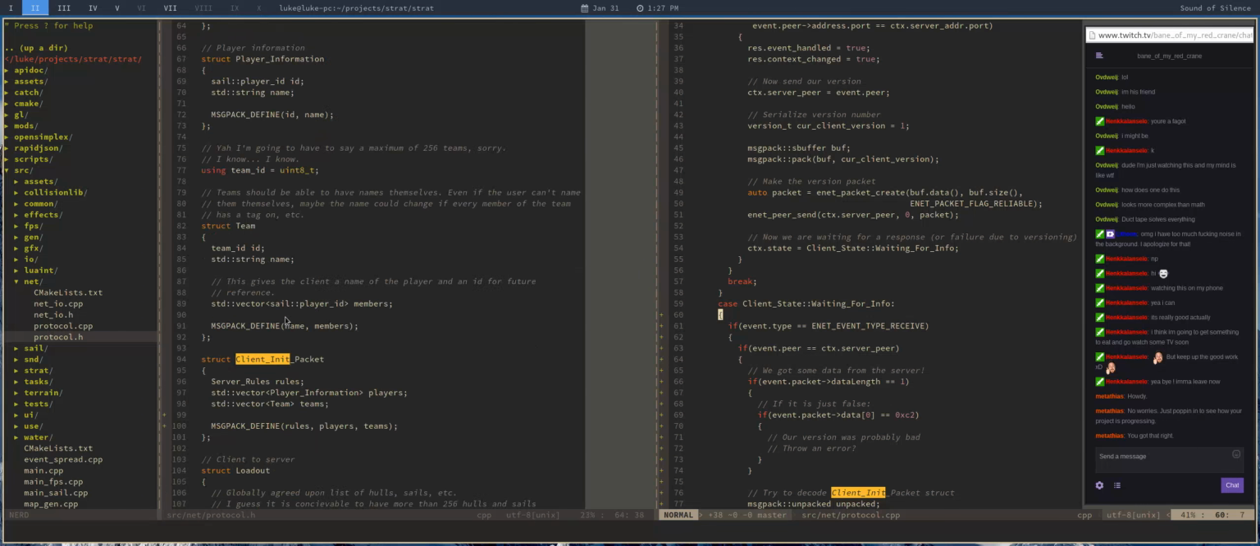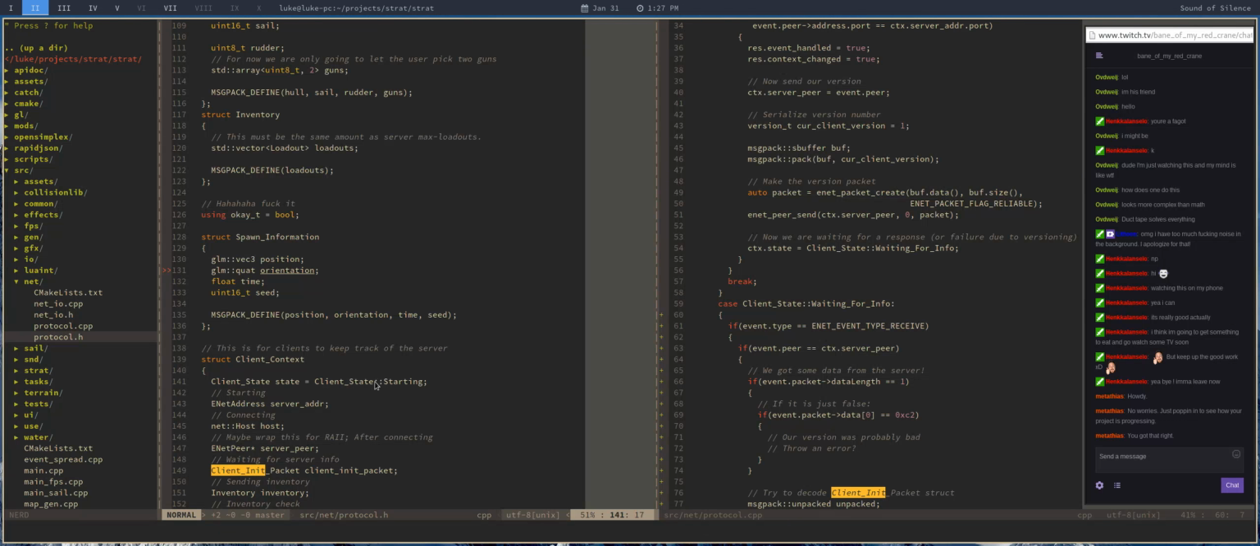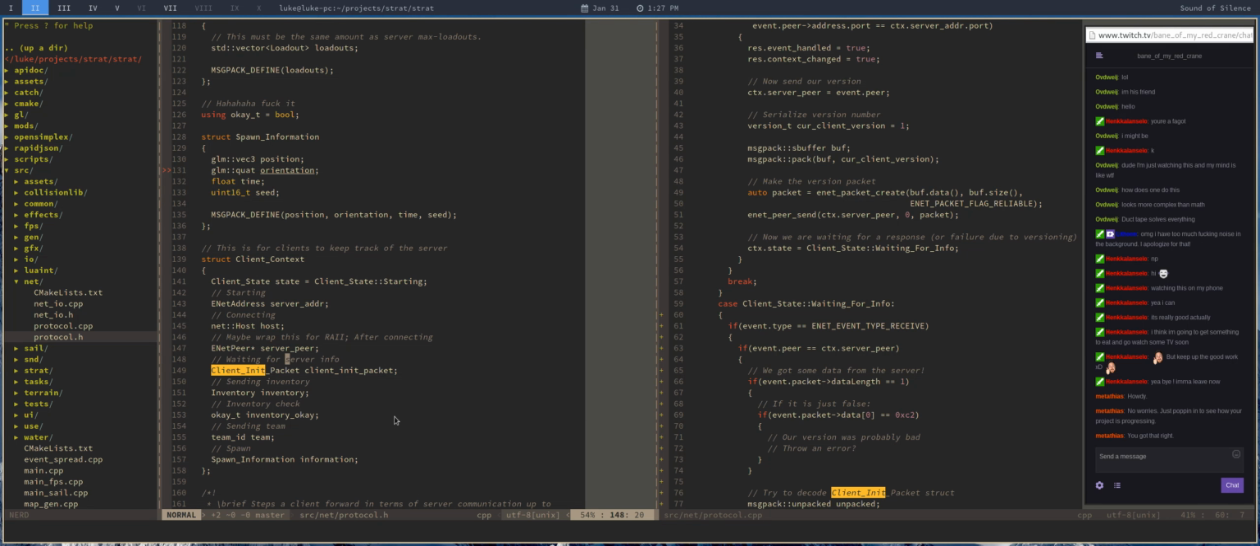So I put it in the client context here. So first you set it to starting and you set the address, and then it'll connect and set this to connecting, and then you have a host available, and then you start the connection. But after you set the server peer, I think, this is set after the connection is acknowledged, and it's a fairly easy way I find to use